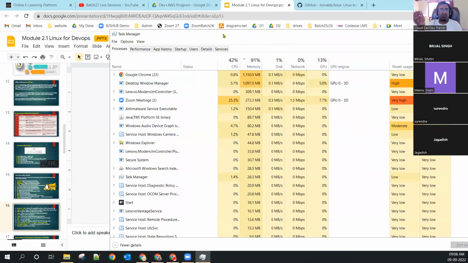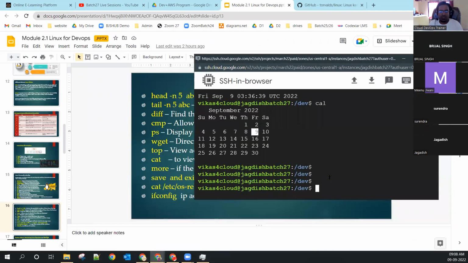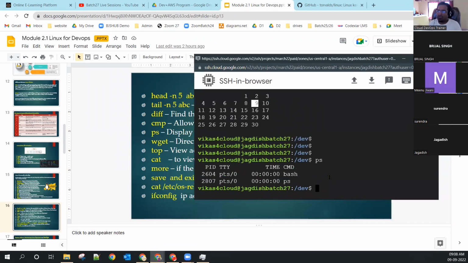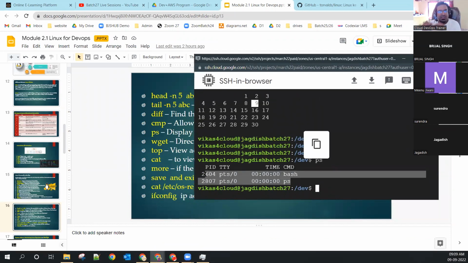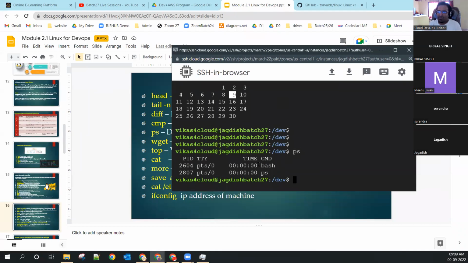I want to open a task manager in Linux. But before that, let me show the processes with the ps command. Okay, there is a command ps, enter. At this point, Linux is running only 2 processes, no unnecessary processes. With this user, only 2 processes are running. One is bash, because this terminal is running. Another is the ps command I ran. That's why the performance of Linux is very good. Unnecessary processes for the particular user are not running.